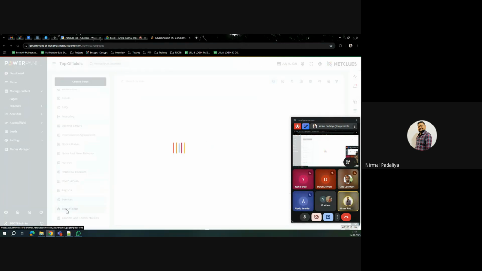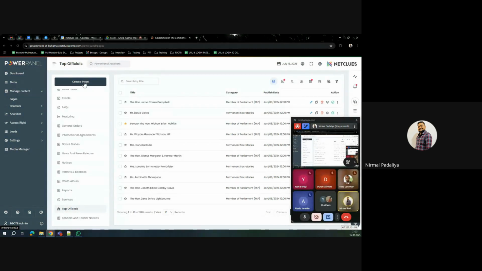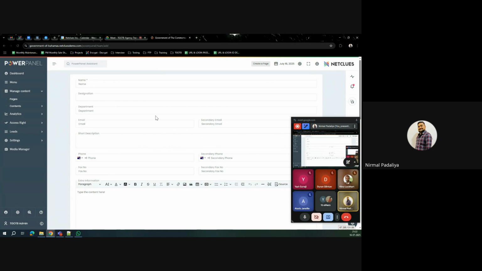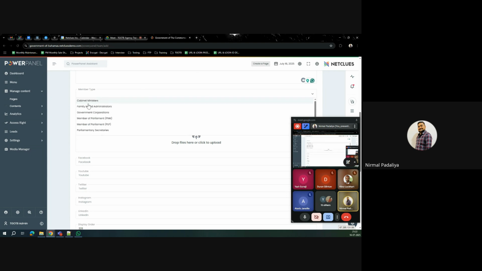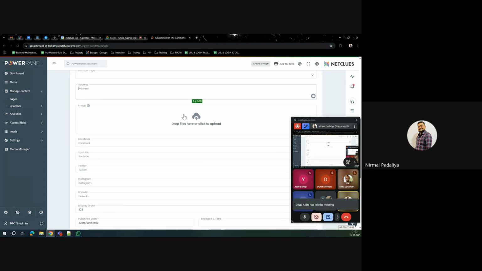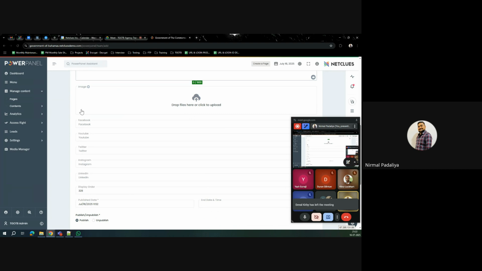Moving ahead with the top officials. Top officials will also have the same listing grid, and then if you want to add a new top official, we can add name, designation, the department the person belongs to, email address, secondary email, short description, phone number, secondary phone number, fax number, secondary fax number, extra information, the kind of bio of that person, member type, member of what, address, contact address, image of that particular person, or maybe photo,